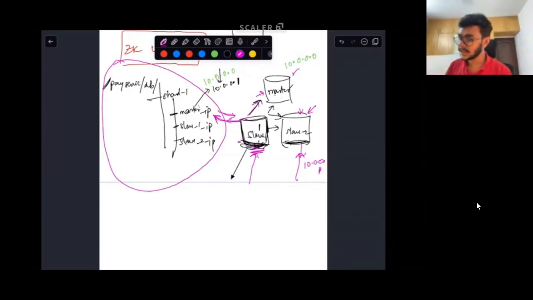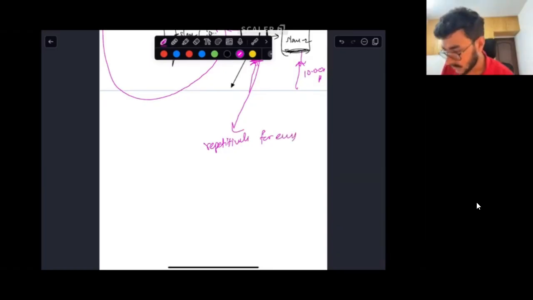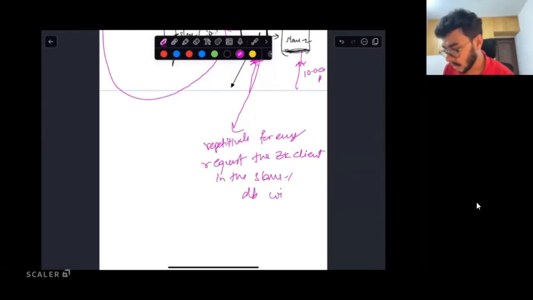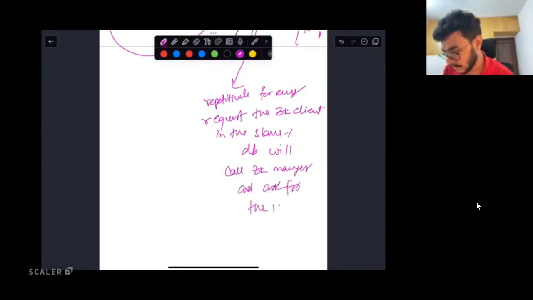One way is that slave 1 can repetitively keep polling. Repetitively, for every request, the Zookeeper client in the slave 1 database will call the Zookeeper manager and ask for the IP stored in the master IP file.